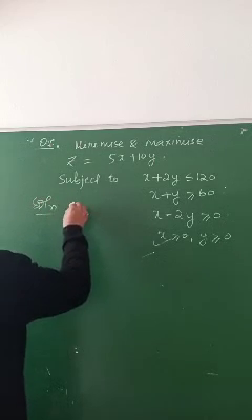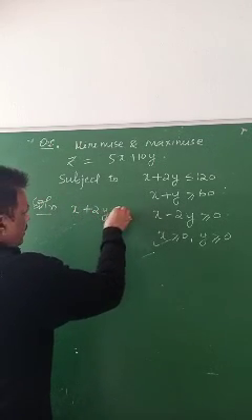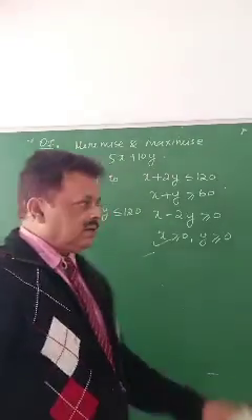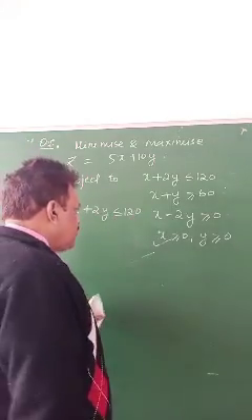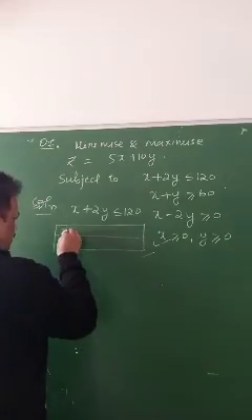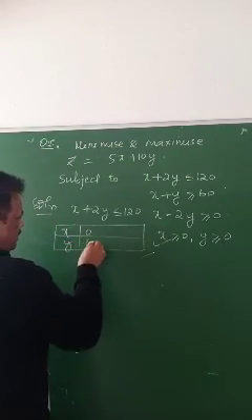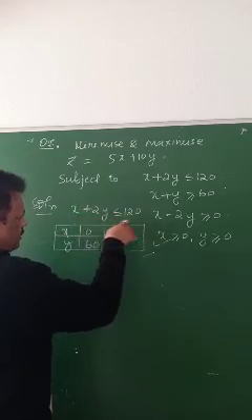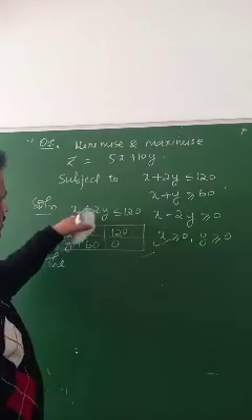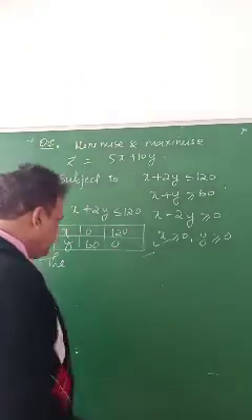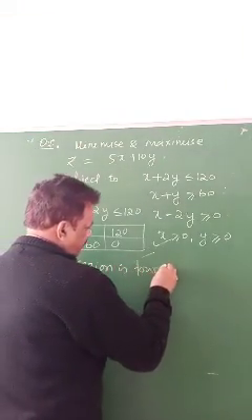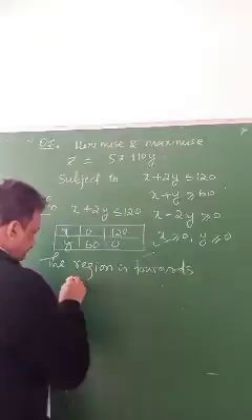Solution: x plus 2y less than 120. When there is a constant and less than, blindly you write it is towards the origin. So the only values we have to find out: if x is 0, y is 60; if y is 0, x is 120. Because when you put 0, 0 it is less than 120, the region is towards the origin.